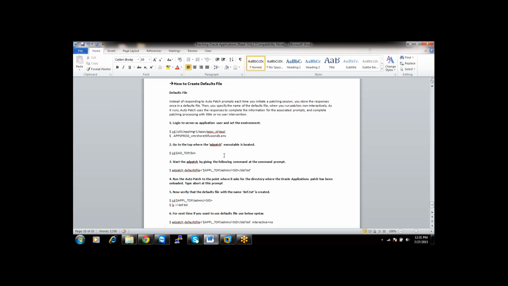To apply a patch you have to respond to at least 6 to 7 prompts, right? If you give all those options in a file called the defaults file and submit it to AD patch, AD patch will take the default values from that file. I'll show you.